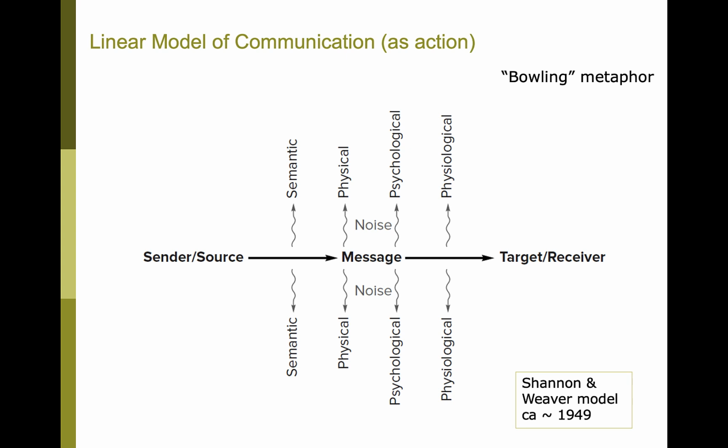For each of these models, I'm going to give you a metaphor that might help you to remember the features of the model and what the limitations are. And the metaphor I want you to have in mind for this model is bowling, and you'll see why in a second. So this model says that there's a sender or a source of a message, and think of a radio transmitter. So you've got a radio station. This sender or source sends this message, and then it's being electronically transmitted over the airwaves to a target or a receiver, right? And that message has to go through different obstacles.